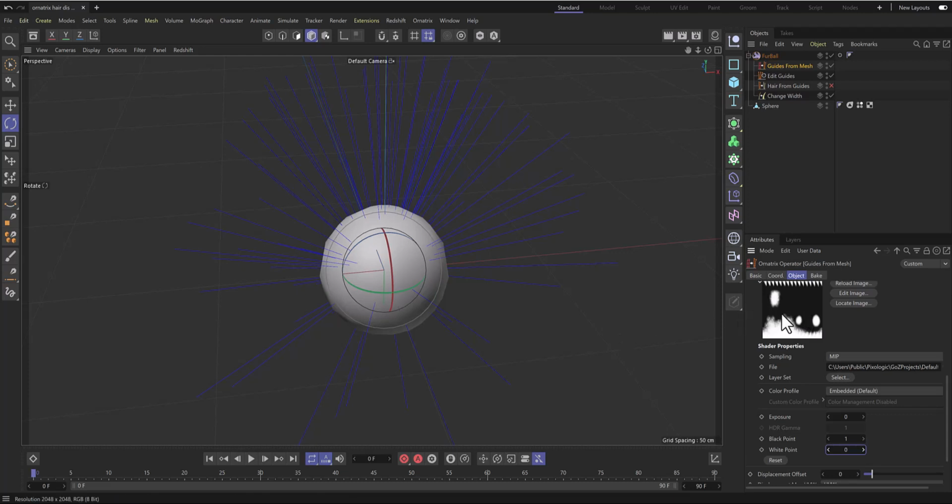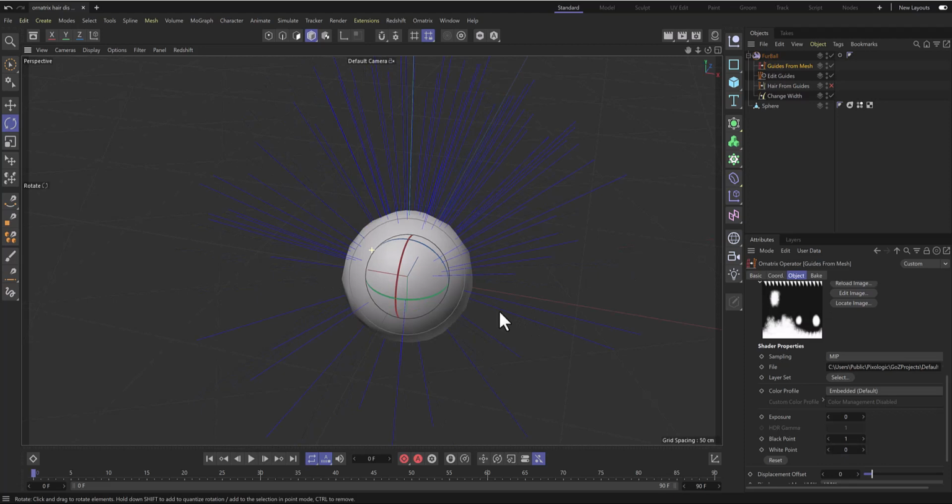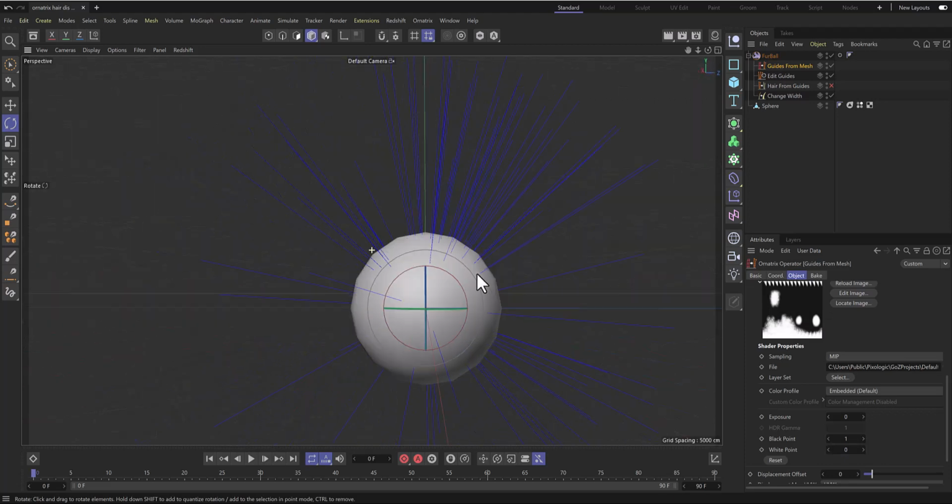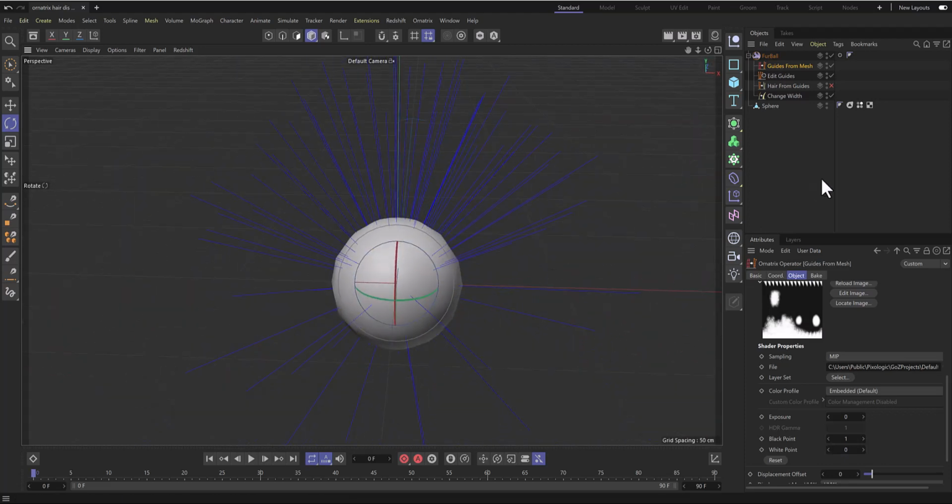And you can clearly see that in the thumbnail here, that now the white is the area where the map is going to be distributing the guides. And you can see that that is the actual case with the guides. We need to do exactly the same thing. So what we do is we go to the hair from guides